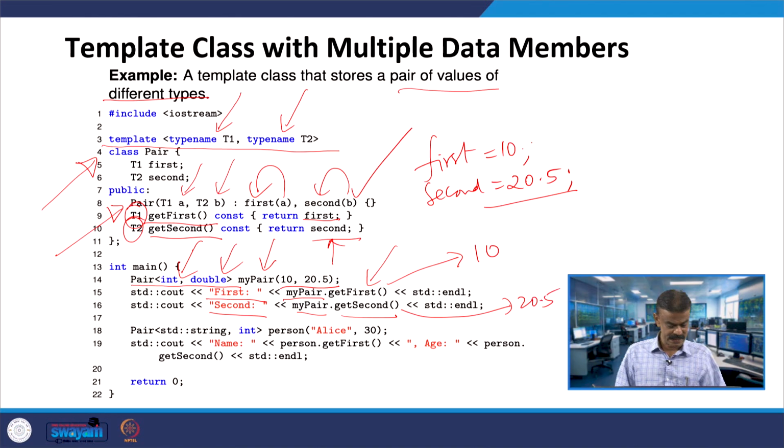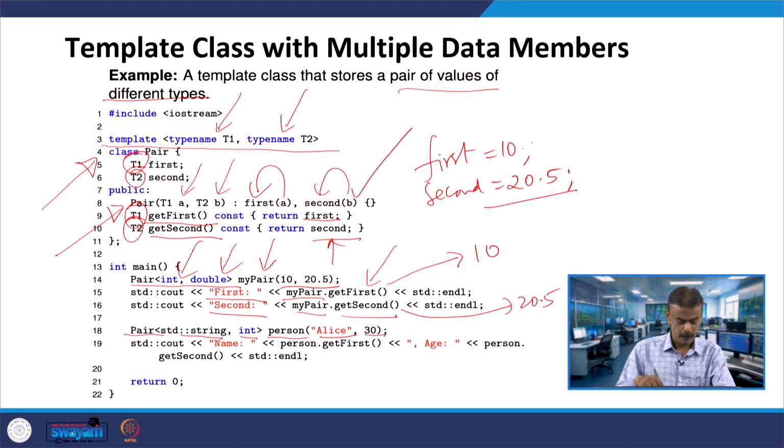In the second case you have Pair with string and integer. Now T1 is string and T2 is integer. This is the advantage. Then you are creating an object person of the pair, where name is Alice and age is 30. Two values you are passing, one is a string and another is an integer value.